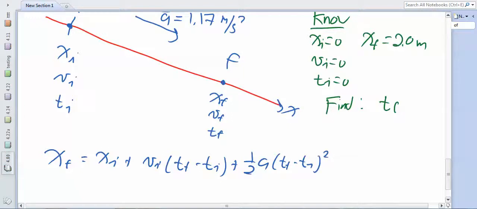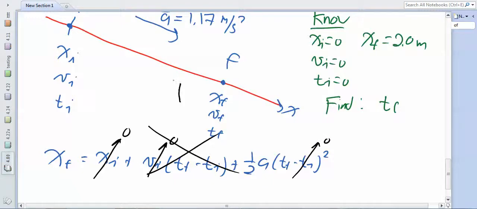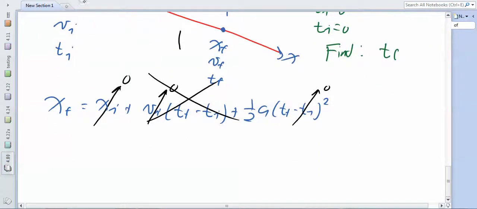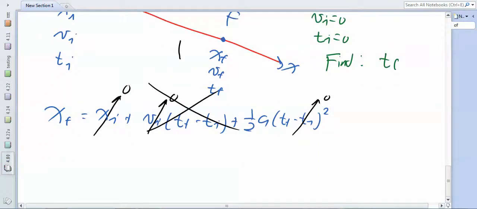We'll cancel out the symbols that are equal to 0 before we do any algebra. The initial position is 0. The initial velocity of the sliding block is 0, so the whole second term goes away, and the initial time is equal to 0. So our equation looks much simpler: